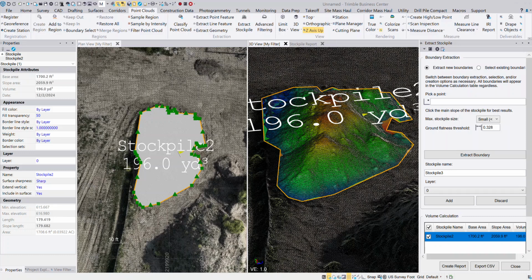In this video, we're going to demonstrate how to extract a volume of a stockpile from a point cloud. Now, this process can be done a couple different ways. It can be done with a terrestrial scanner of LiDAR data. I'm going to demonstrate using aerial drone data, and I'm going to actually show additional processes starting in